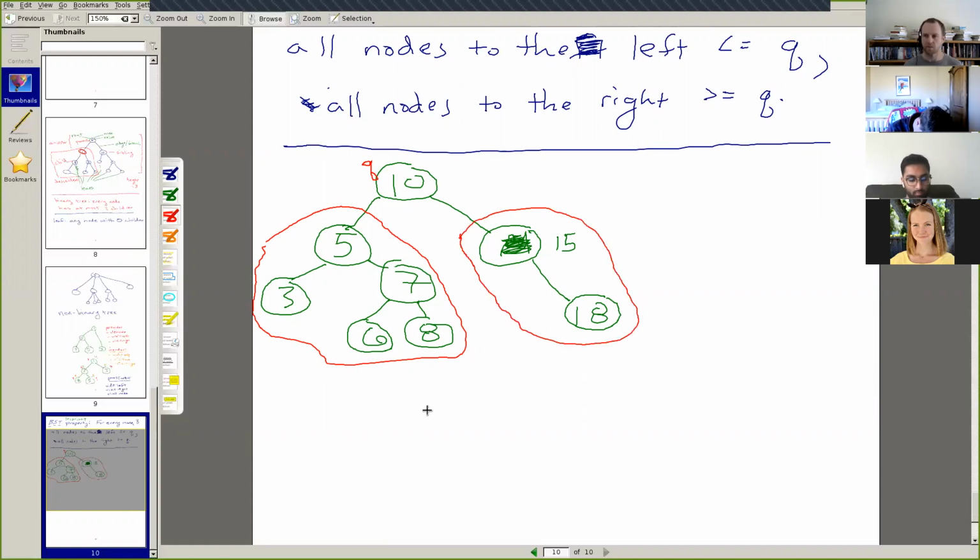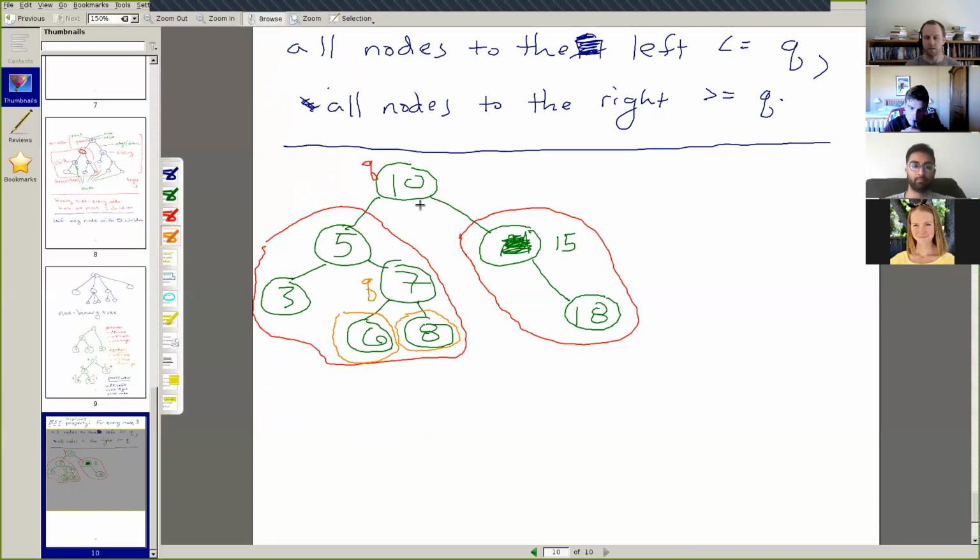One of the common misconceptions that people make about these invariants for data structures is that you only think about it in terms of the root of the tree. So this is true if we select this to be Q, but it's true no matter what node we select to be Q. So I'm going to do an orange, label this 7 as the Q right here, and everything to the left of that 7 is less than, and everything to the right of that 7 is greater than.